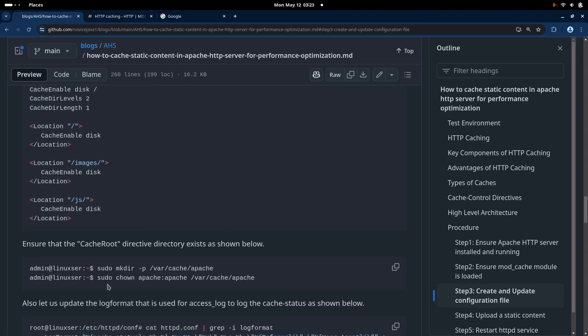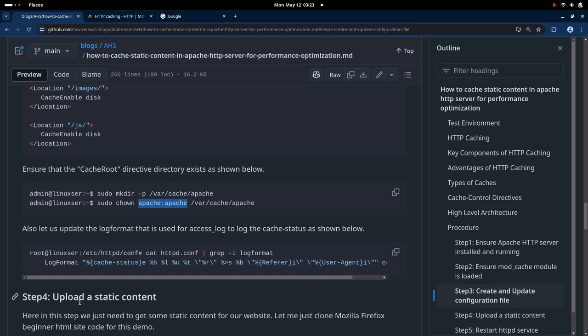And as I said, we also need to ensure that the cache storage location is created and has ownership of Apache, if the Apache server is running with that user. Once both of these are done,